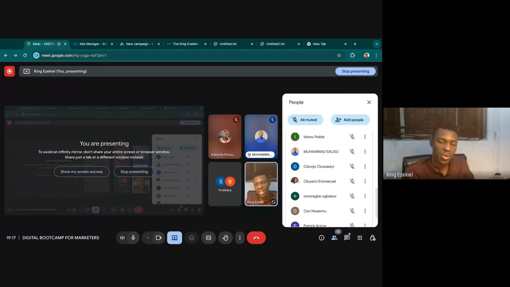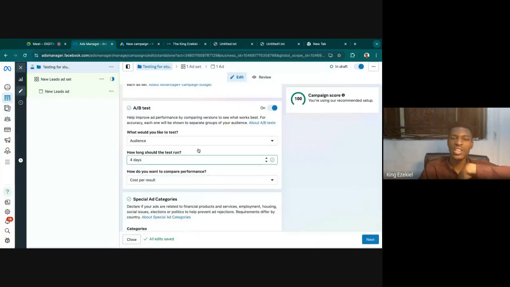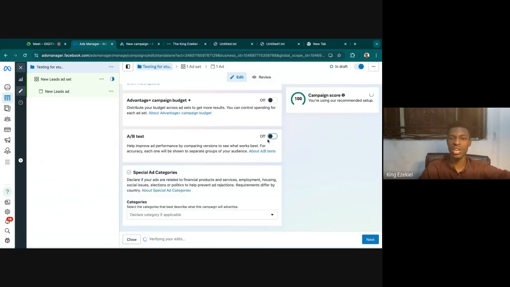Someone just asked the question, does it mean someone can use the OSPP targeting tricks for one ad set? Yes, you can. But I'm saying if you want to test, you use only one for this one and only one for that one to see which one will be better. But you can use the whole three for just one ad set. So what I usually do instead of using A/B test, because with A/B test you have to run it for a specific period of time, then it stops after that,